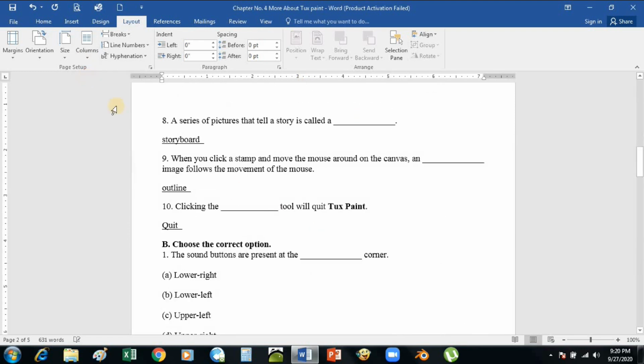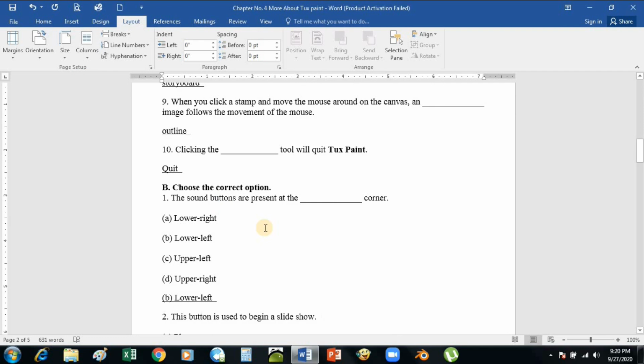Okay, this is your practical work, and the same practical work is available in your textbook on page number 63, and that is your homework and your worksheet. When you finish this work, you can send me a video of 30 to 40 seconds.